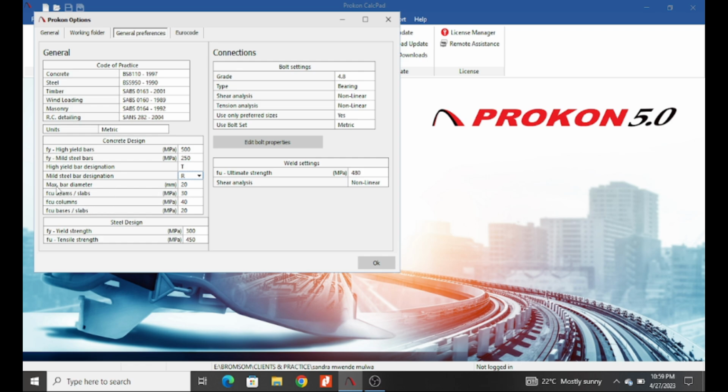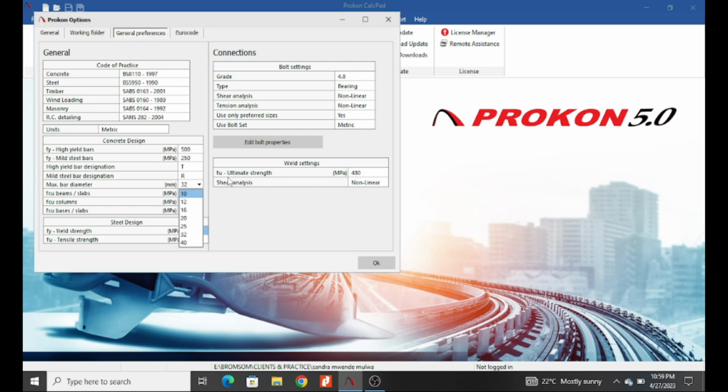And then you can also state the maximum bar diameter depending on the country where you're designing from. So in Kenya, the maximum bar diameter is 32, though you can get 40. You can get customized 40 if it is really necessary that you use 40. But readily available, you will get 32, and I believe that is going to work.